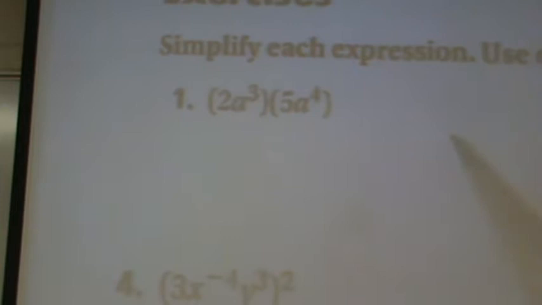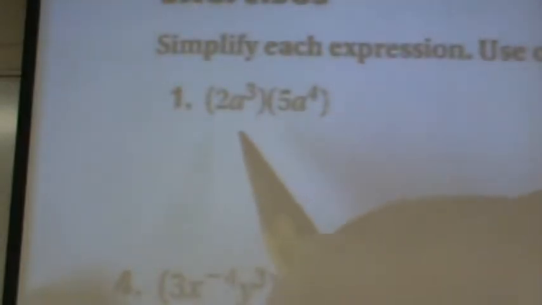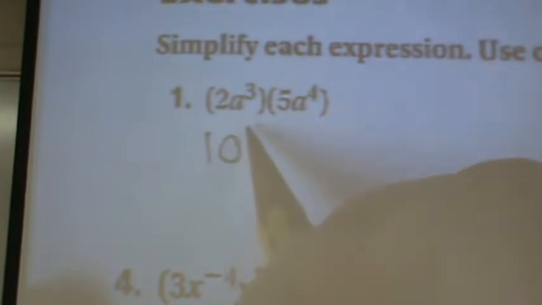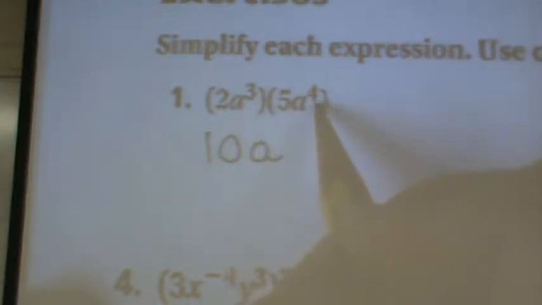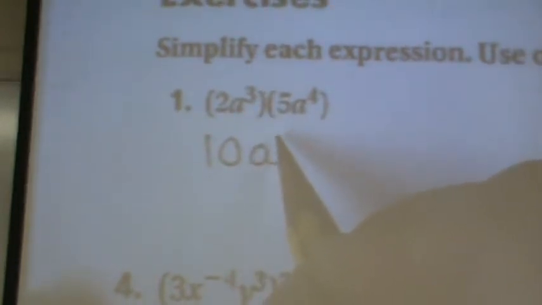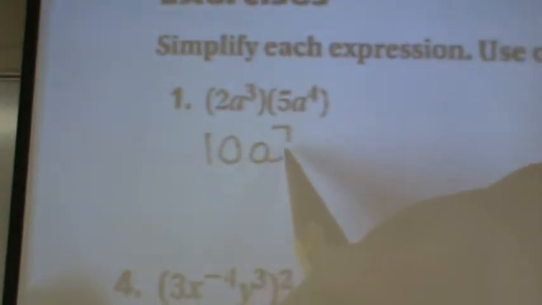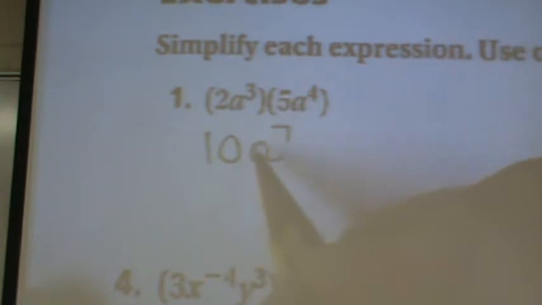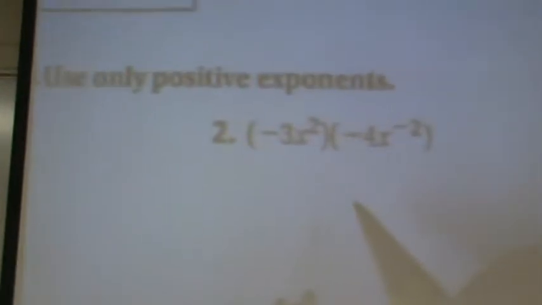You are simplifying these polynomials, you're multiplying. So 5 times 2 is 10, and these bases are the same, so you are going to add these two exponents, and you have a to the 7th power. So it's 10a to the 7th. Number 2,